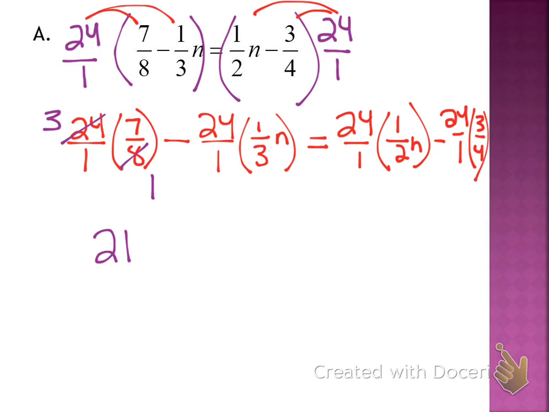Everyone see what happened there? Minus, in the middle, the 3 becomes a 1, the 24 becomes an 8. So 8n minus